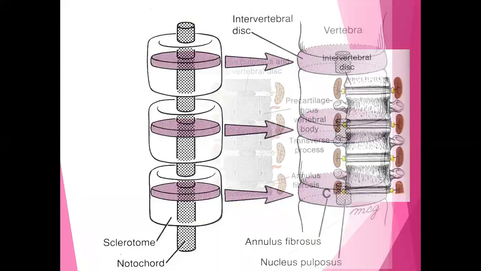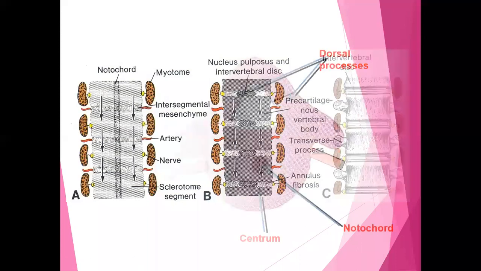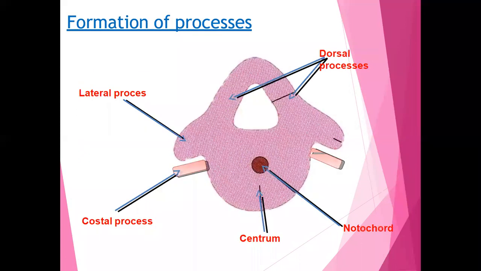Here you see the notochord. On the side we have the myotome, and if you look, the myotome is at the center of this newly formed vertebra, because half of it has migrated from the upper one and half from the lower one. Thus we have the complete vertebra formation. So this is the mesenchymatous stage.